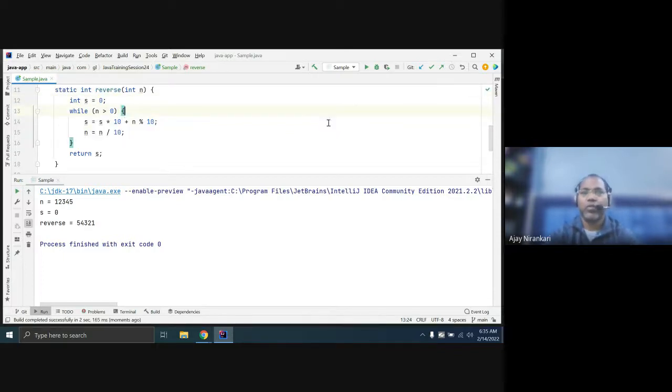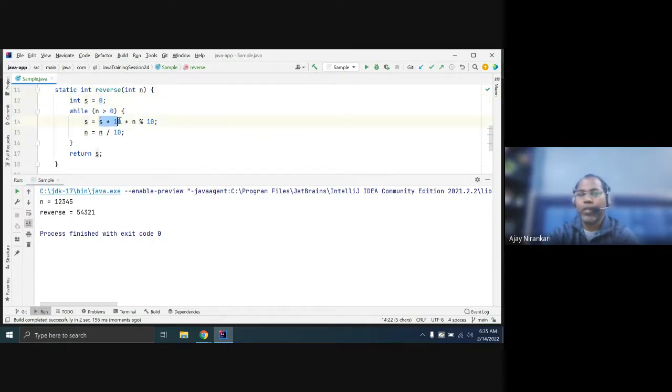So now this is your logic. Whatever the number you are getting, until the number is greater than 0, what you are doing, you just take one summation variable because you need to sum. So initially just 0 variable, and whatever the value, multiply by 10 and add the modulo. So whenever you take modulo, you are getting the new value. So in this example, our number was 1, 2, 3, 4, 5.